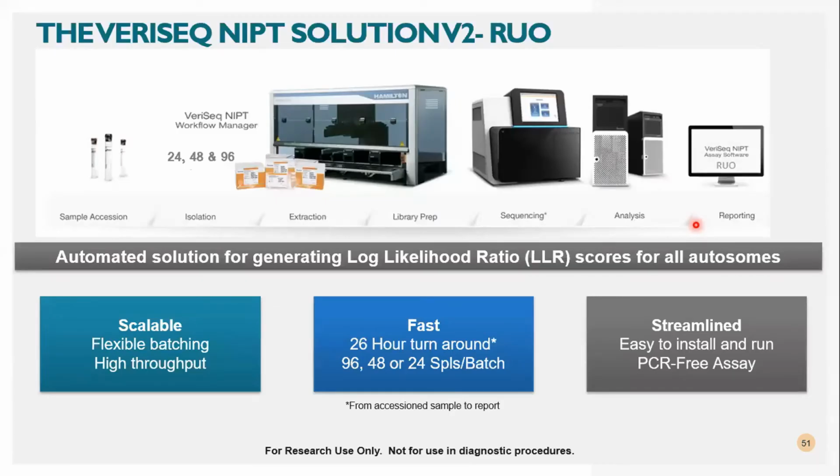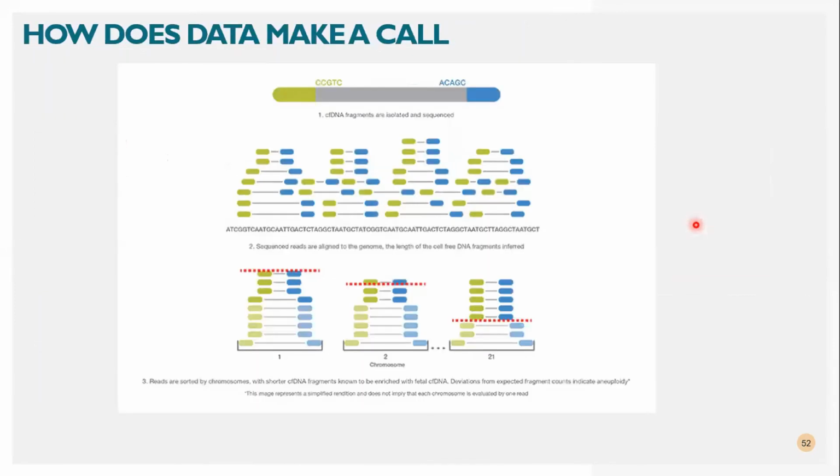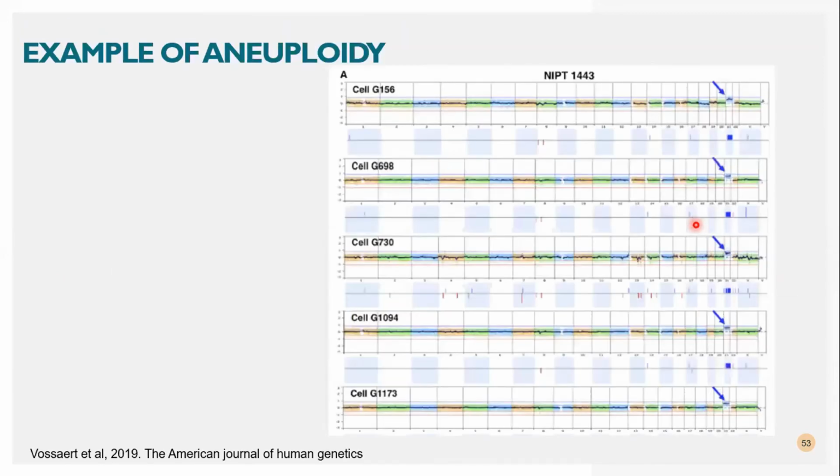And this is what the entire workflow looks like. As I said, the analysis is also done by Illumina. The only thing is the user has to report it at their own end. It's a counting based application where if there's an extra copy of a chromosome, it can be seen through the way the software reports. If you see this picture, the X axis is chromosome number, Y is copy number, and at chromosome 21 you see an extra copy, and it can be reflected through this kind of approach.